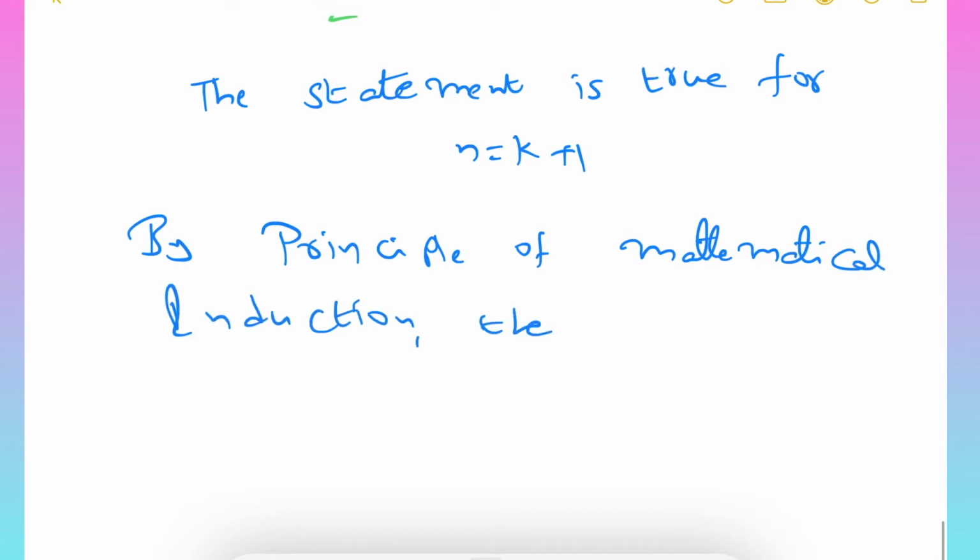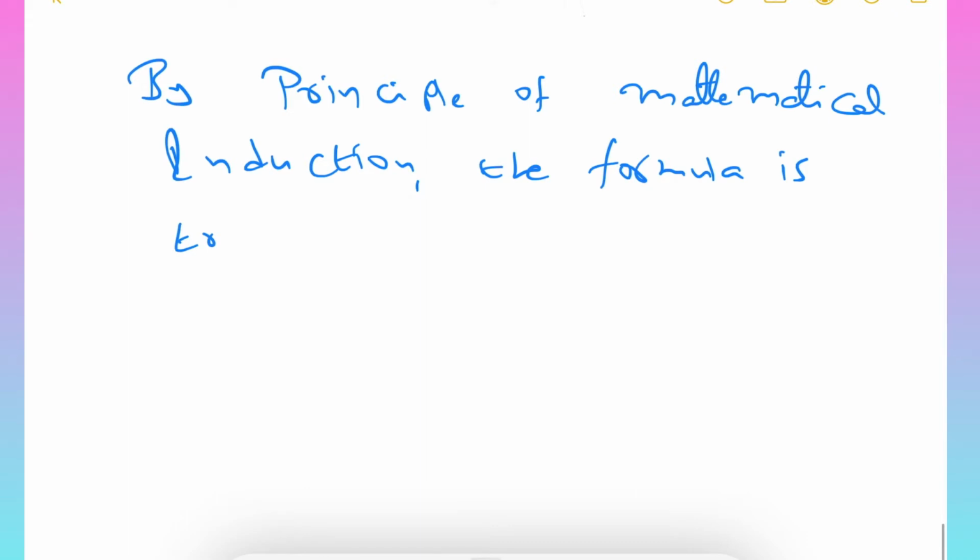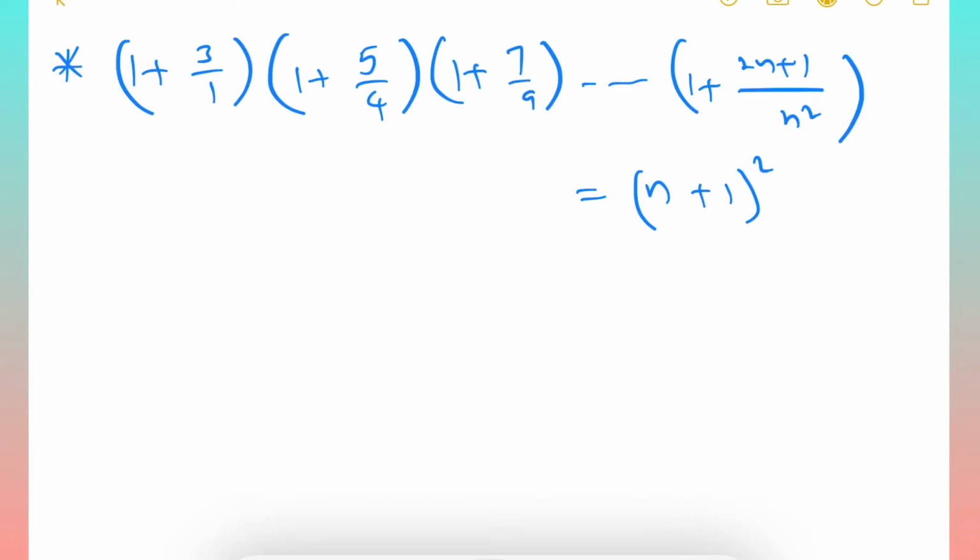The formula is true for all n belonging to natural numbers. The question is: 1 plus 3 by 1 into 1 plus 5 by 4 into 1 plus 7 by 9 and so on till 1 plus 2n plus 1 divided by n square is equal to n plus 1 whole square. So first